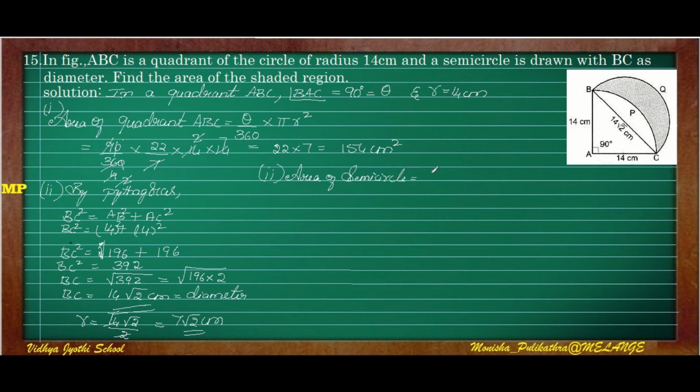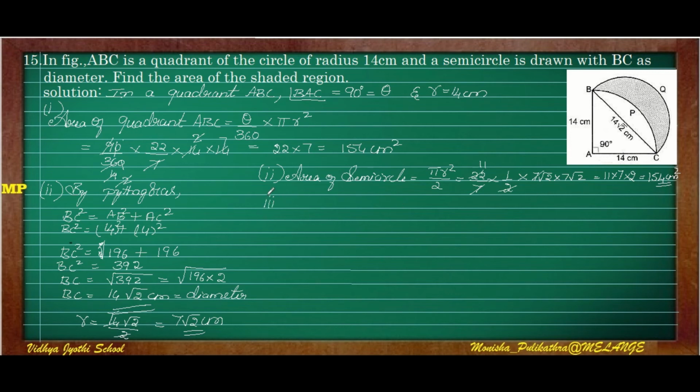So area of semicircle is equal to pi r square by 2. So 22 by 7 into, so this half is there by 2, I will take it as 1 by 2. And r is 7 root 2 into 7 root 2. So here 2 ones are 2, 11 twos are 22, and 7 7s get cancelled. So it will become 11 into 7. Here root 2 and root 2 will become 2. So next we will get 154 centimeter square. So 154 centimeter square is the area of the semicircle.